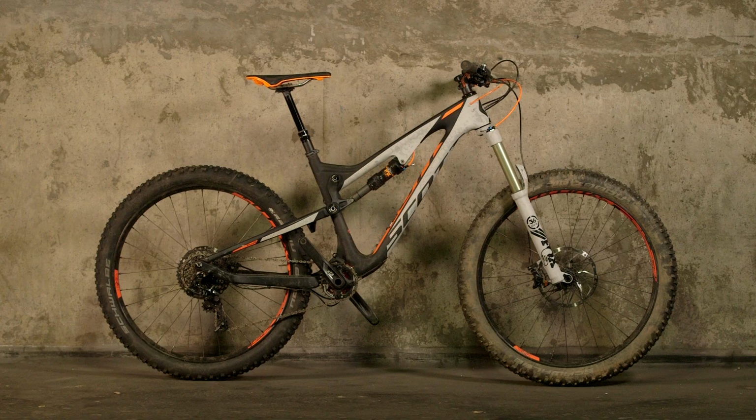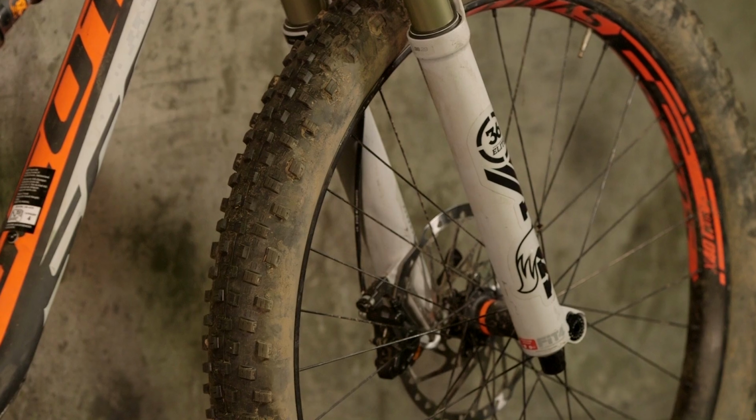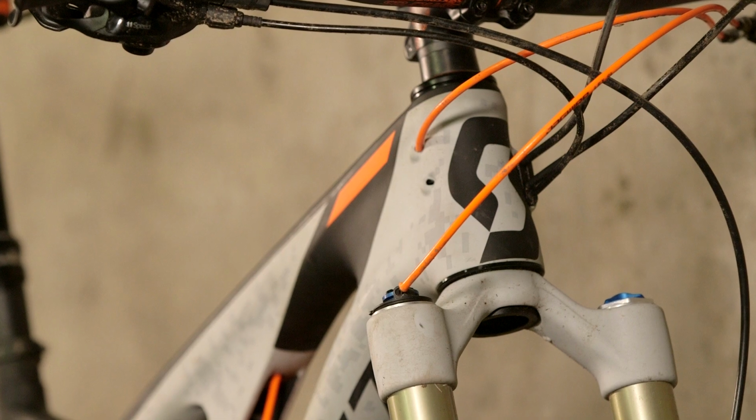One thing that stood out about the Genius was just how well it climbs. There's loads of traction on offer from the knobby nick tyre at the back, and combined with the suspension and the reasonably good geometry meant that we had absolutely no problems tackling the steepest and most technical climbs. I don't think we're going to see the top end of the enduro field racing these Plus bikes